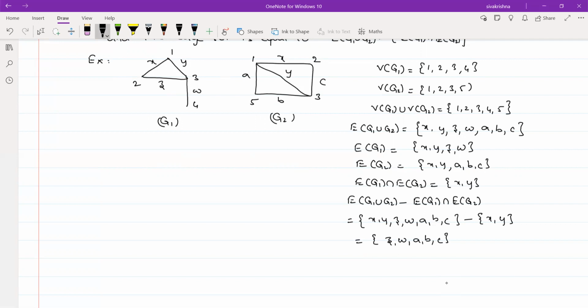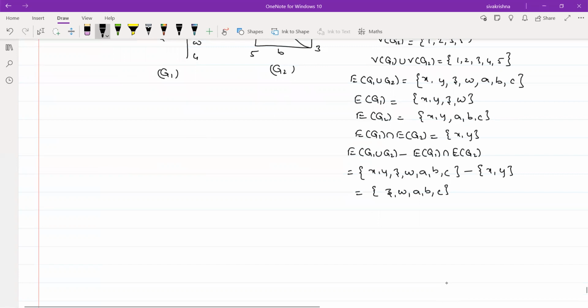Now I am going to draw the graph. First of all, I am representing the vertices. We can represent the vertices in any way, but here I am representing them in this way. So this is number 1, and this is number 5, this is 3, and I am representing 2 here, this is 2, and of course this is 4. Okay, I have represented all the 5 vertices. Now we have to represent the edges.